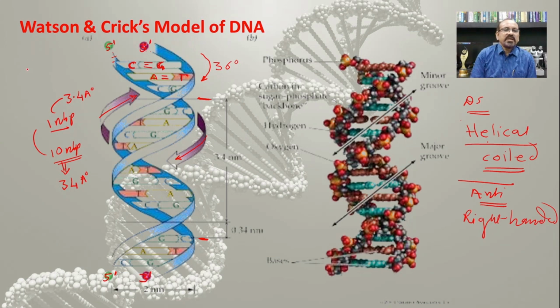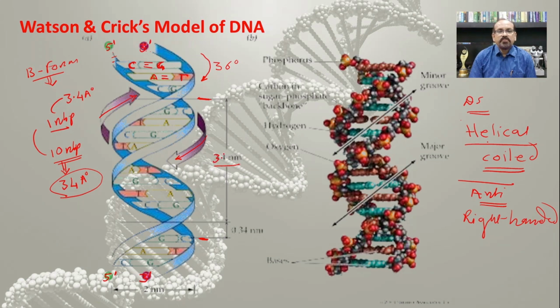We are talking about the B form of the DNA in which such a condition is there. In addition to this, there are some other forms of the DNA, that is A DNA, Z DNA also. So we are dealing with only the structure of the DNA, and hence we will not discuss those other types.